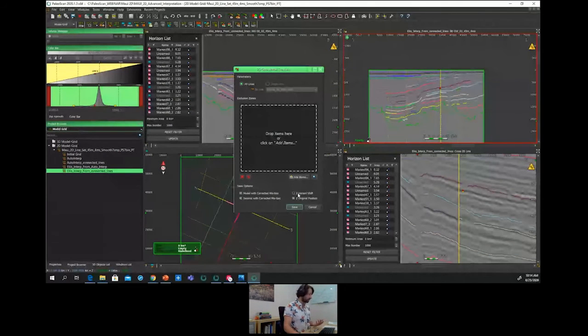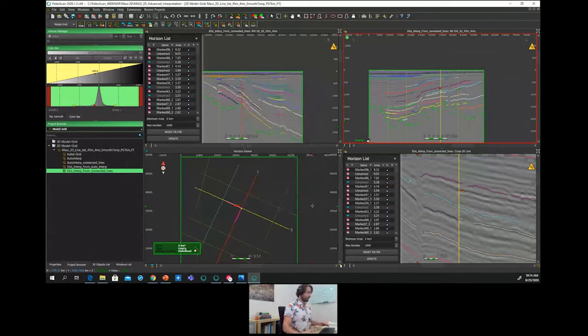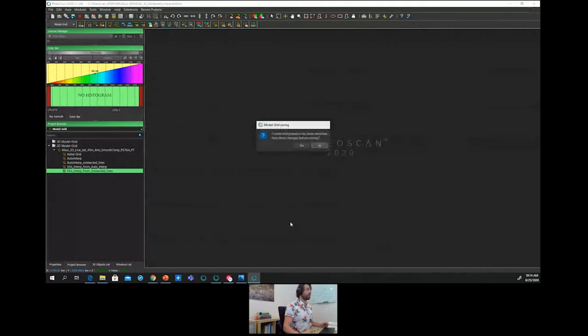And the vertical shift corresponds to the mistie correction applied to each voxel. So the vertical shift highlights the difference between the original position and the new 2D line set with the corrected misties.